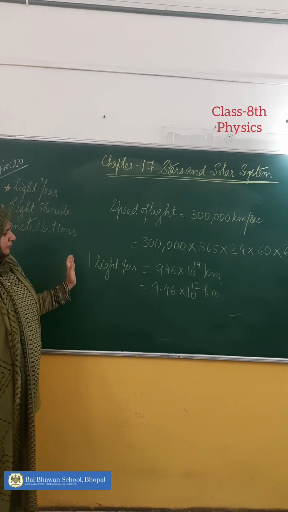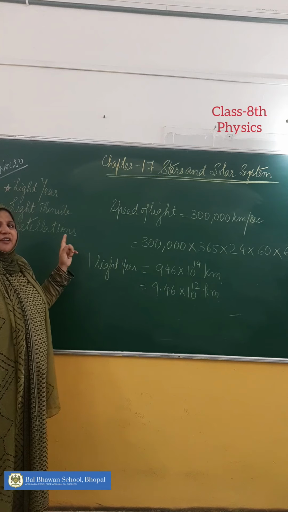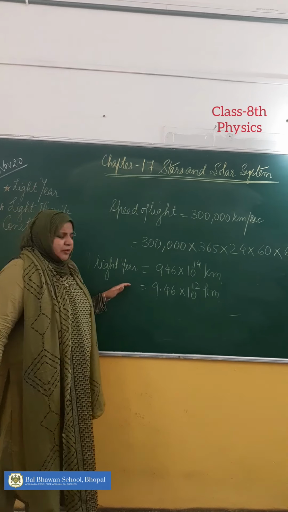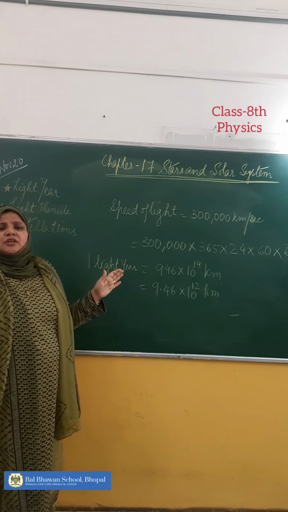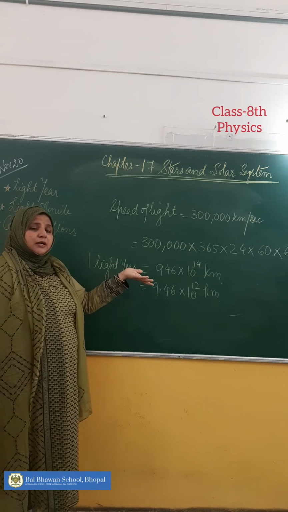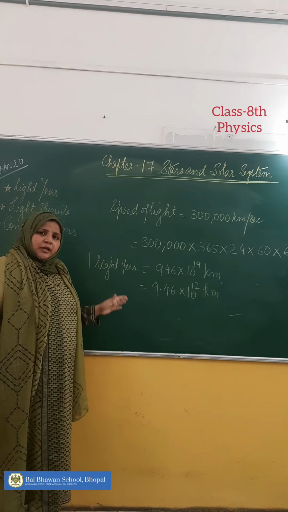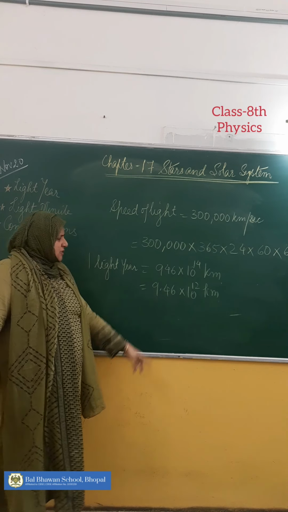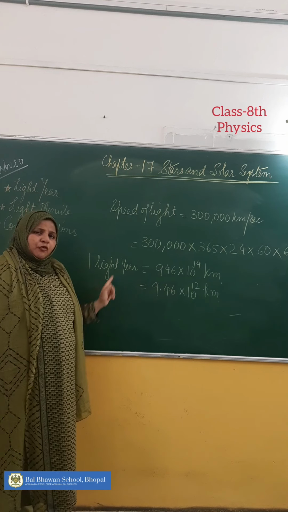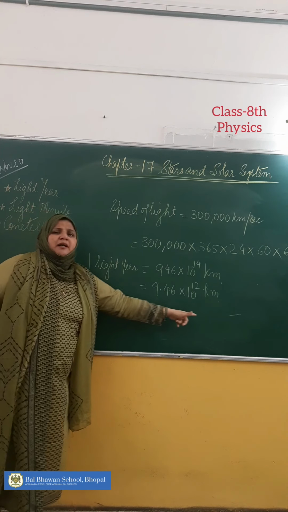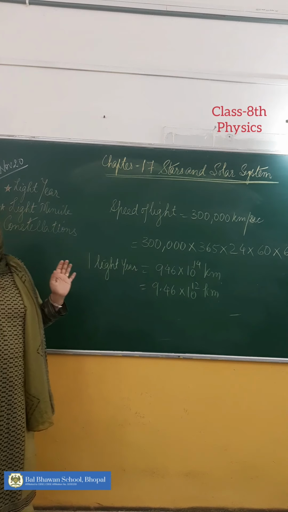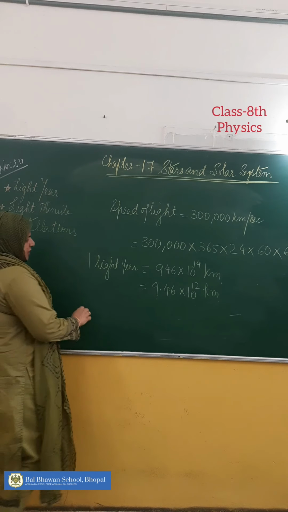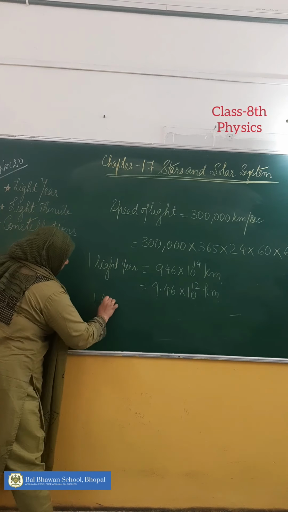Now let us see how many kilometers light will cover in 1 minute. Okay. Now before this, if I give you a numerical, supposing Alpha Centauri is 4.3 light years away from the Earth. Calculate the distance in kilometers. Can you do it now? You simply have to multiply 4.3 by this number, because 1 light year has this many kilometers. 4.3 multiplied by this number will give you the required number of kilometers present in 4.3 light years.